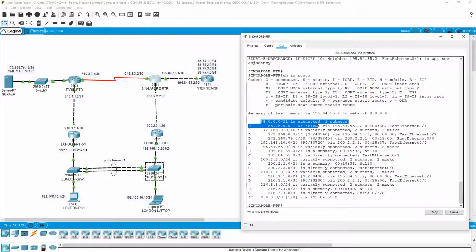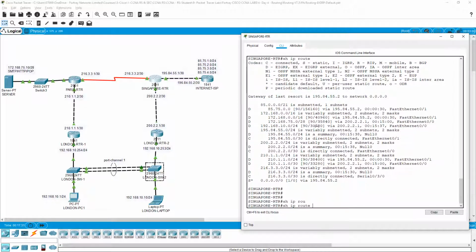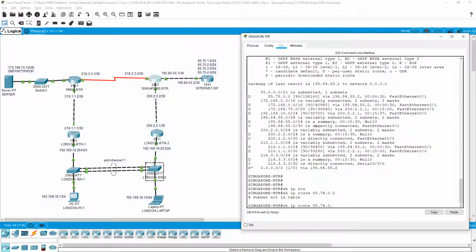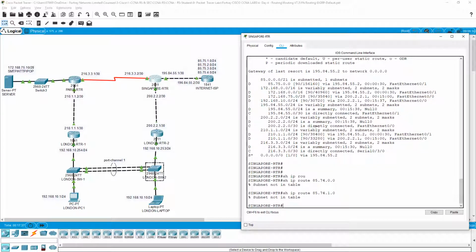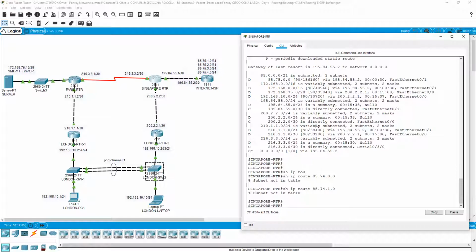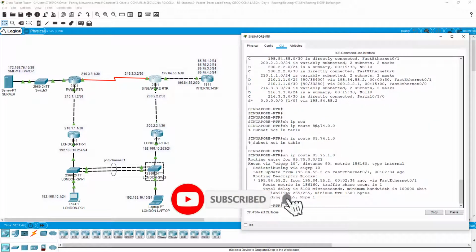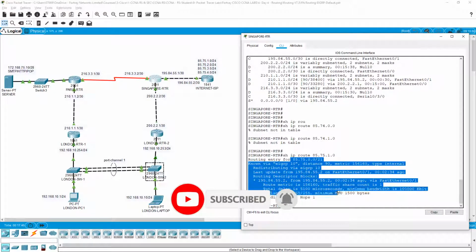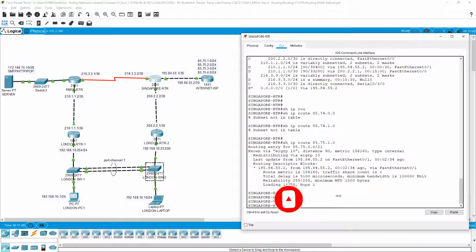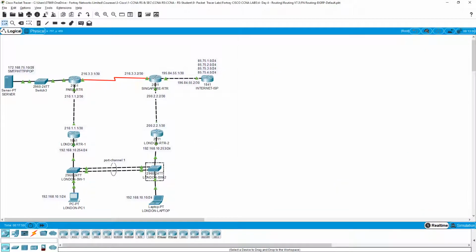You can see slash 21 we are receiving. So this is called summarization.